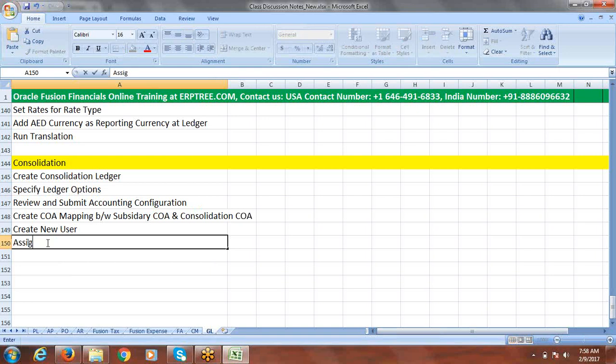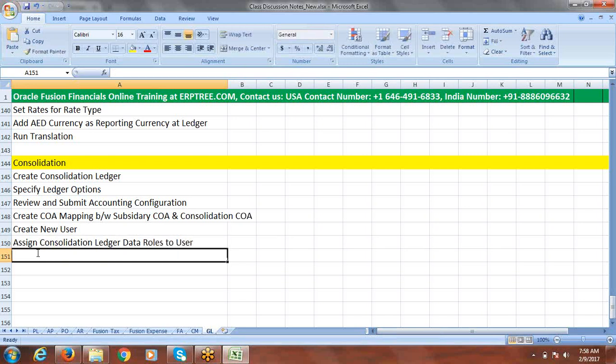Say, assign consolidation ledger data roles to user, and as a standard process we'll run LDAP.